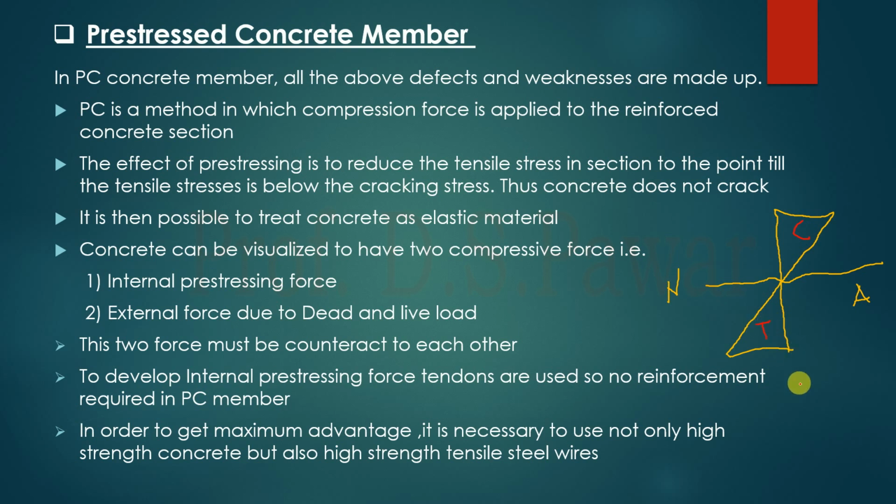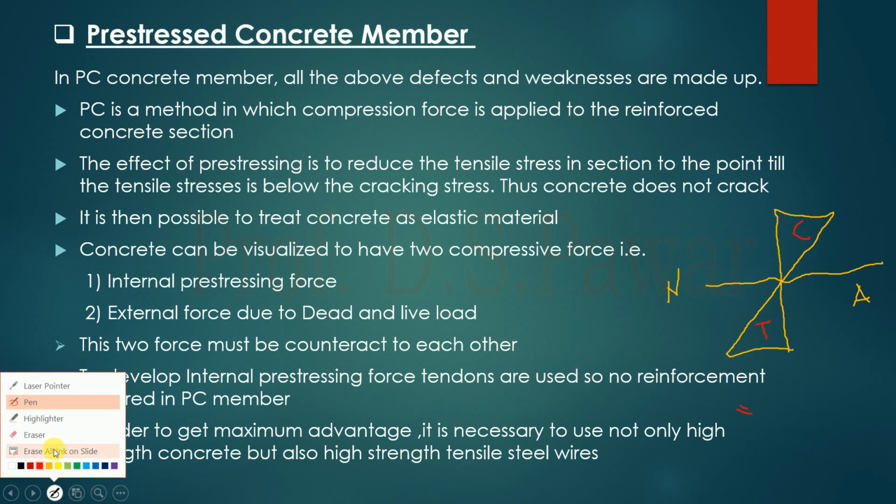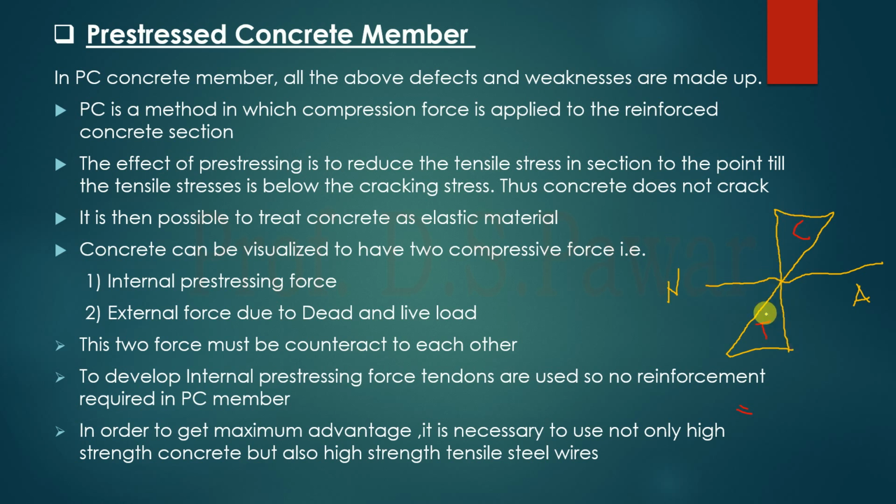Now what we want in pre-stressed concrete is that there should not be this part. Means the strain diagram will behave like this: maximum compression and no tension here, like this. So the full section is in compression. How are you going to get this